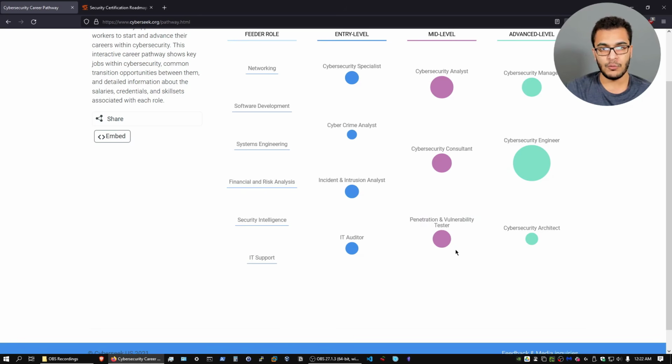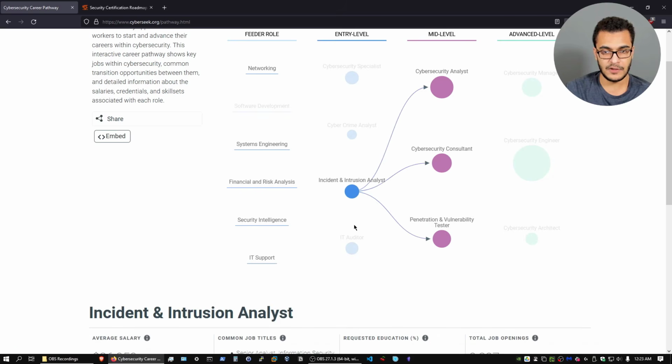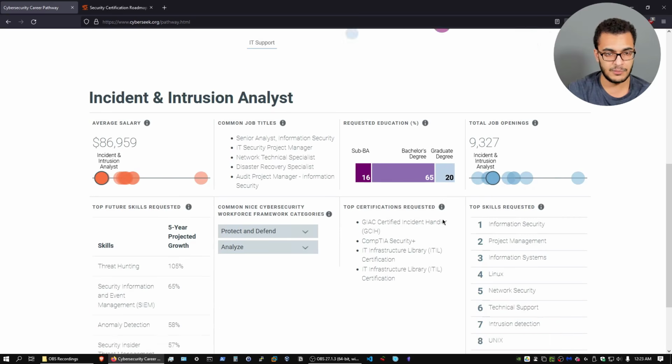Now, for those of you who want to get into DFIR, which is digital forensics and incident response, then you pretty much want to start here, right? And of course, that also gives you the ability to then move into becoming a cybersecurity analyst, most likely, or a consultant, but I rarely see the transition from incident and intrusion analyst into a penetration tester. But again, that's just based on my own experience.